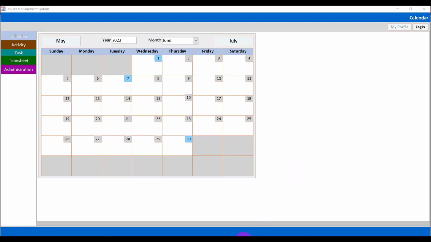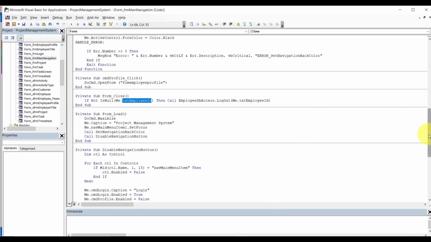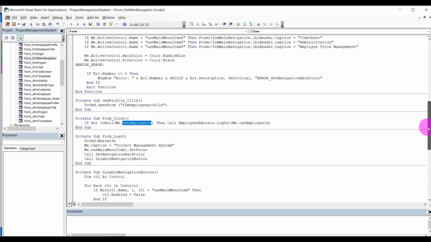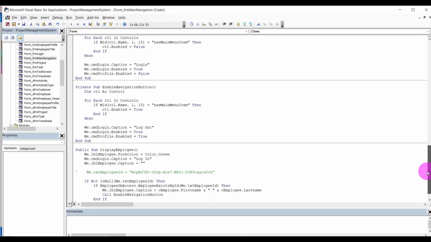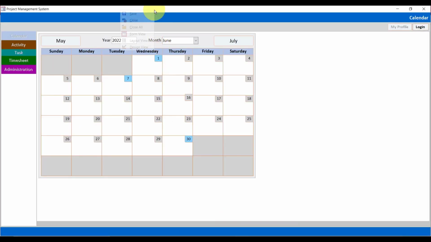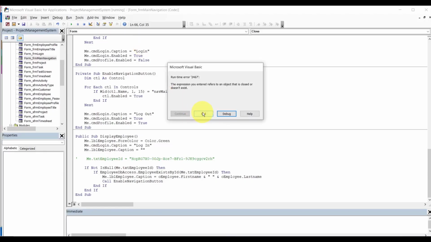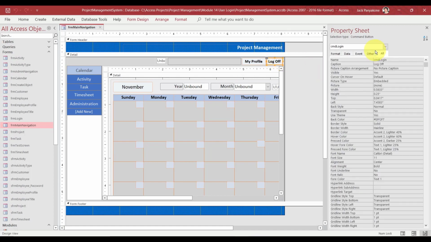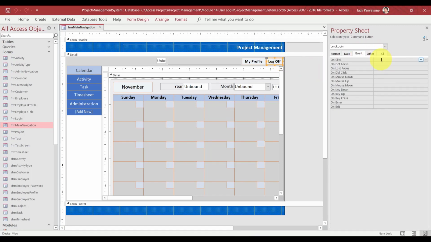Nothing happened. You know why? We haven't put any logic in that login button. Where's the login button? We don't have one yet. Oh, we never did. Okay, good. Perfect. Well, let's open up the login screen. Right there. When we entered,